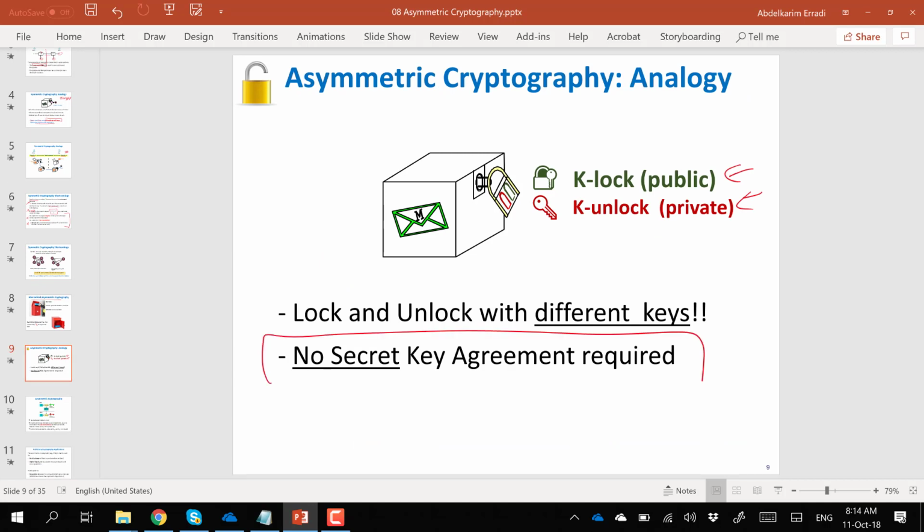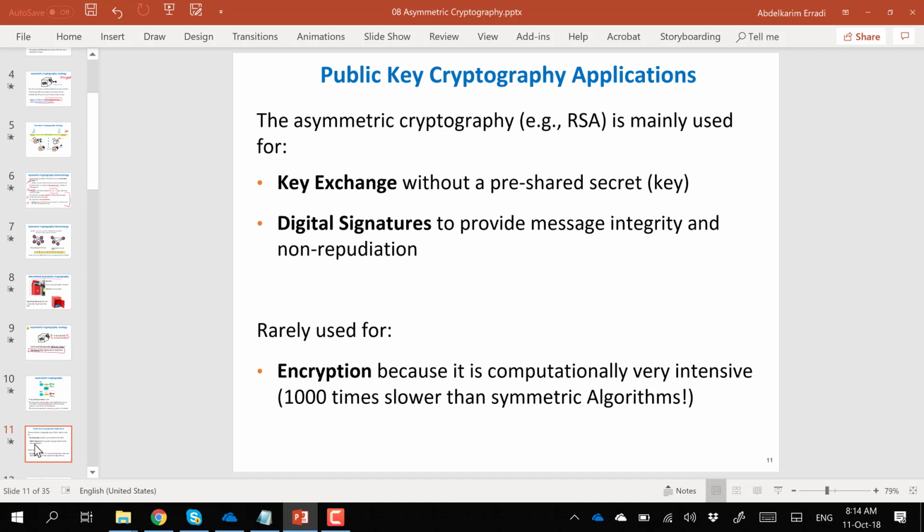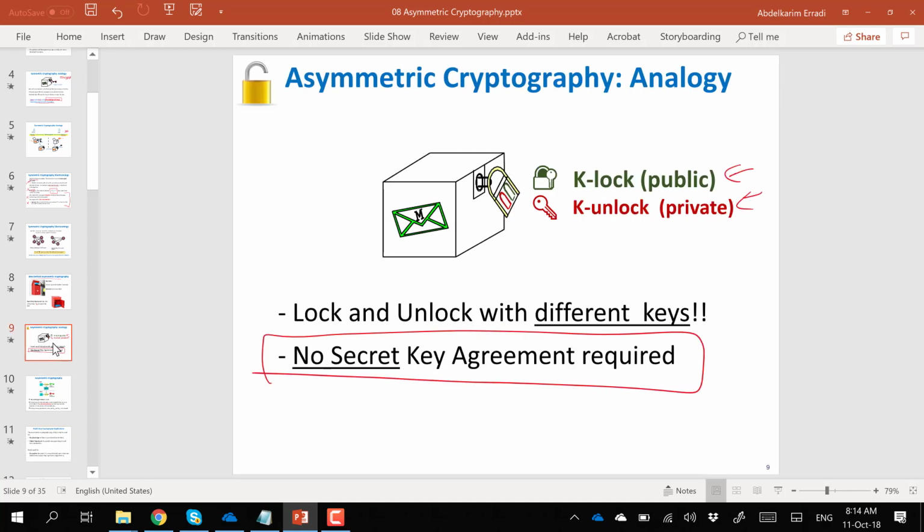We don't need to establish a secret key, and we don't need to manage so many keys. We just have one public and one private. And what do we use the public for? For others to encrypt, and then they send us the encrypted message, and we can do decryption. Okay? All right. So this is the analogy using boxes, but in real life,